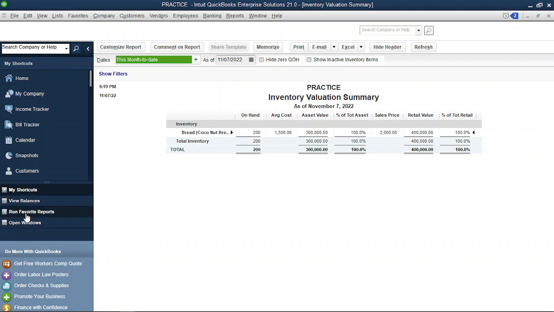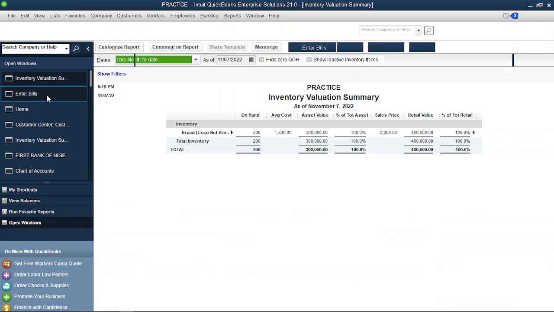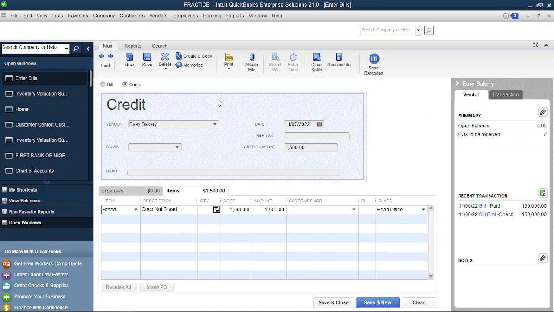So I will go to open windows. Open windows will allow me to see the windows that are open on this QuickBooks. I was at entering bill before, so I'll click on enter bill. See, I've gone to that place. Now, we have 200, so I want to return 20. Is that all right? Okay, I'm returning 20. Now you see the value of that 20 is 30,000 because it's 1,500 each. So on this spot, I save and close. It means I have returned 20 to the